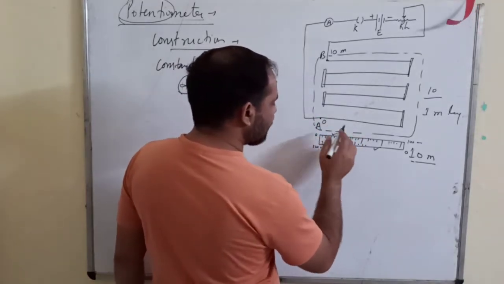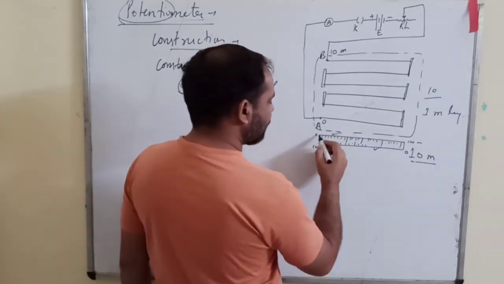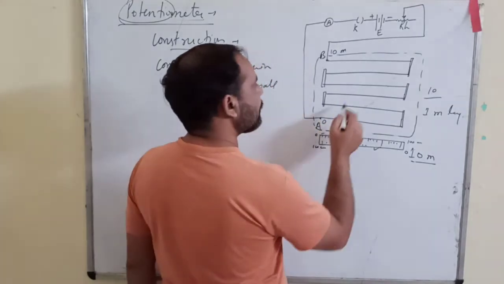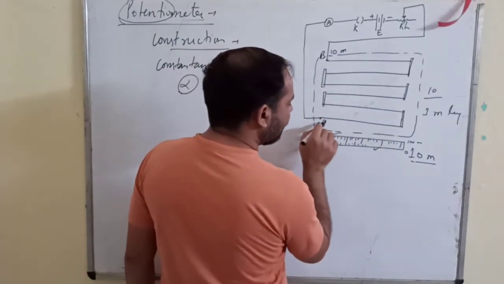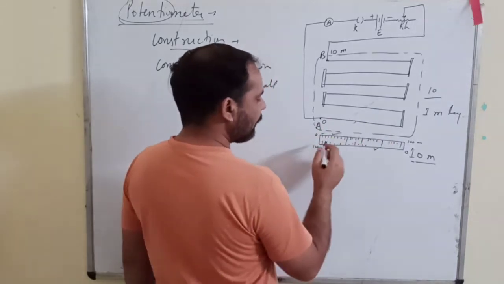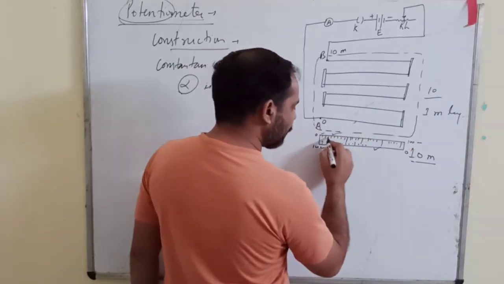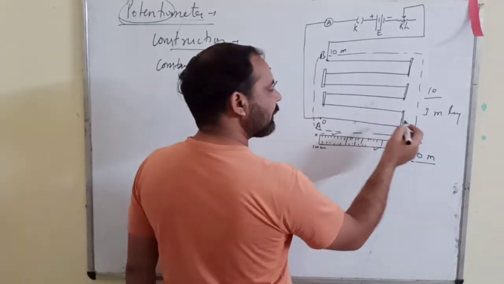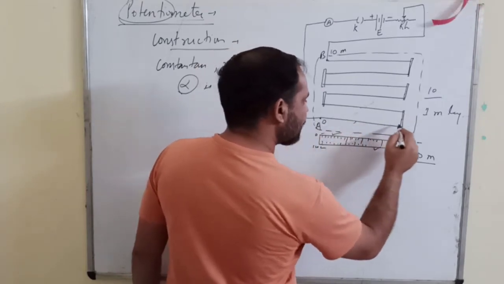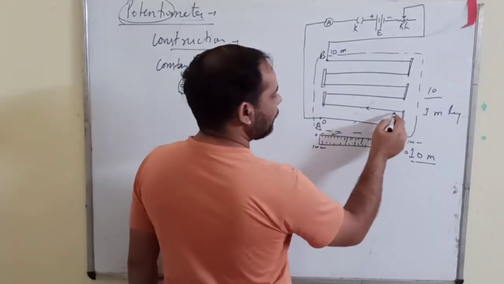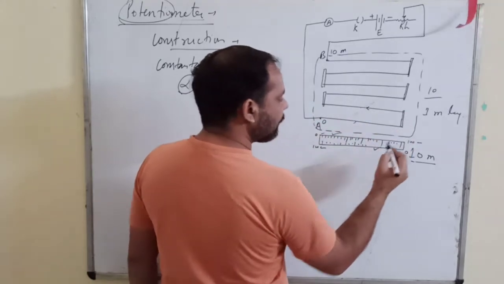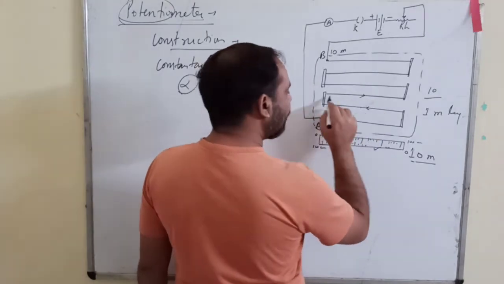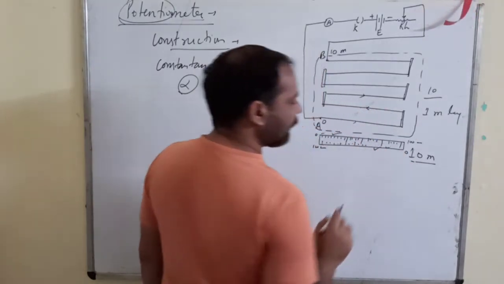Suppose your 0 end is this one, so your 0 is starting. Whenever you move on this wire, because this is your 0 end and this is the 10 meter end, you will move in this direction. That direction's distance will be measured with the upper scale, 0 to 100 centimeter. Then when you move on this wire, you will be moving like this, in this direction. Any length on this wire will be measured with the help of the upper scale.